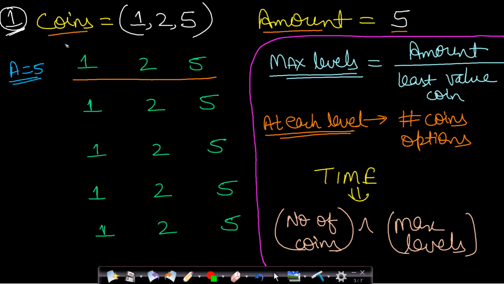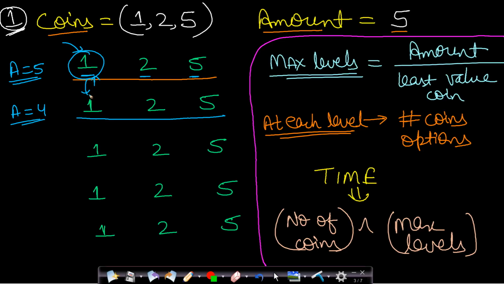We are required to find amount equal to 5 using these 3 coins. So if you make a recursive call, then you have 3 options at this first level. So you can either select this 1 or this 2 or this 5. So which option do you select? You will have to keep trying each and every option, because this is a recursion type problem. So first let us assume that you took this 1. Now since you select this 1, your amount to be found will now be decremented by this 1. So the new amount to be found will be equal to 4, 5 minus 1. And now since you have selected this 1, you will make a recursive call using the same coins, and you will fall to this second level.